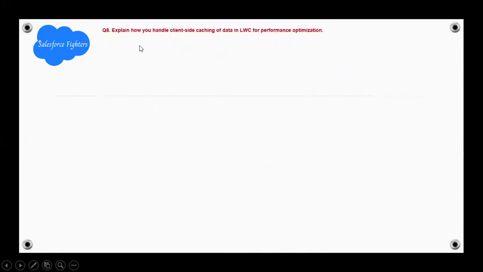Next question. Explain how you handle client-side caching of data in LWC performance optimizations. LWC leverages improved browser caching by default for static resources like JavaScript and CSS files for data caching. You can use the wire decorator, which caches properties by default on the client side. Examples: